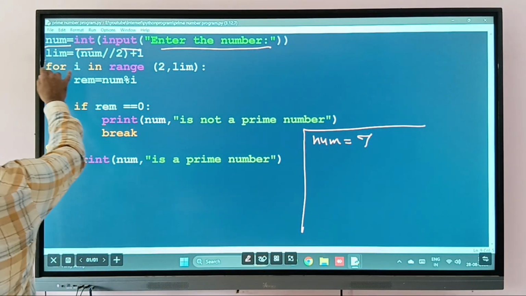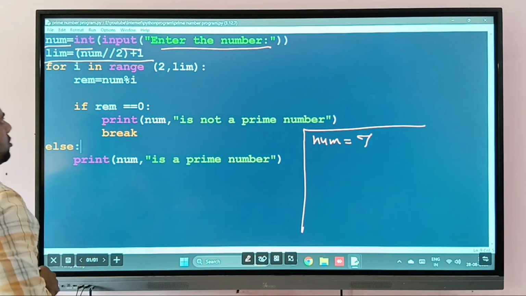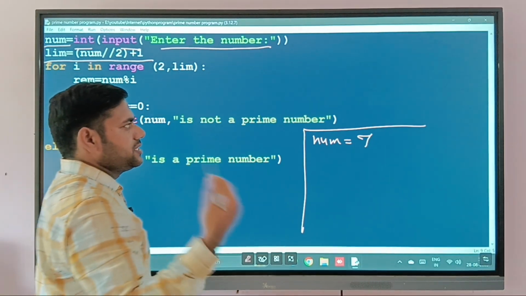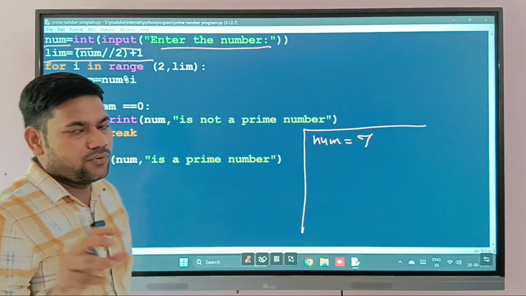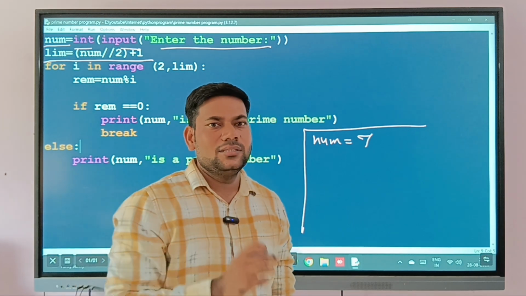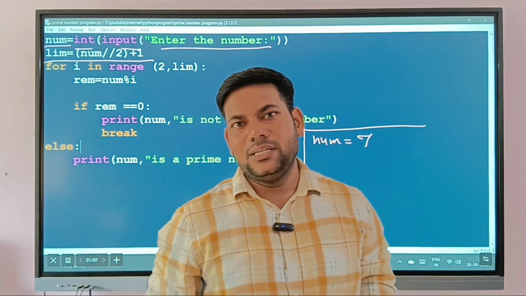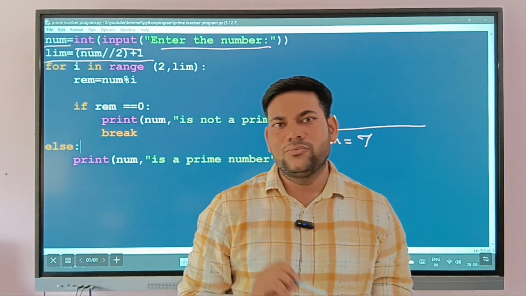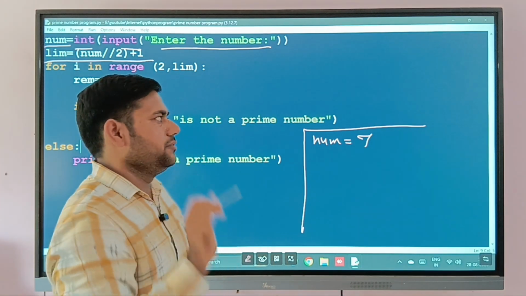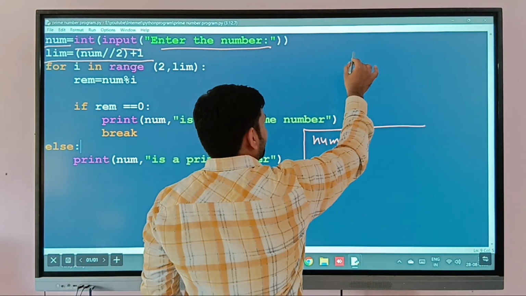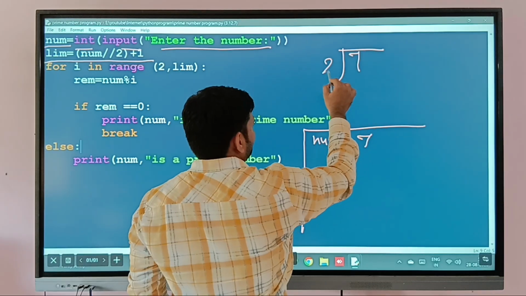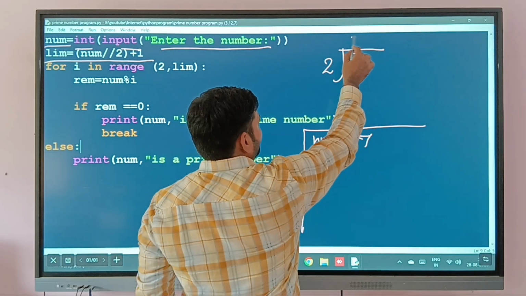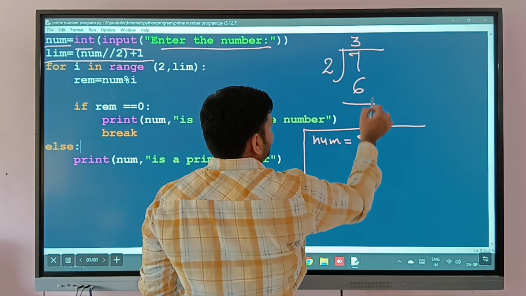Now next is lim equal to num floor division by 2. The use of floor division is that it gives the quotient in the form of an integer. 7 divided by 2, 3 2s are 6.